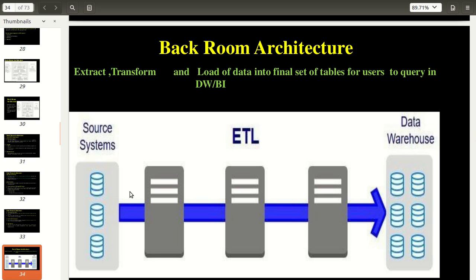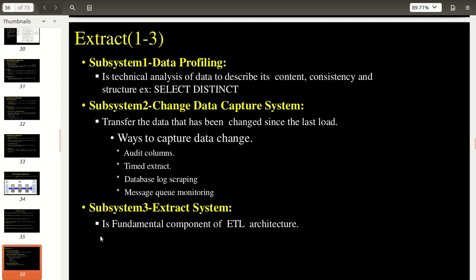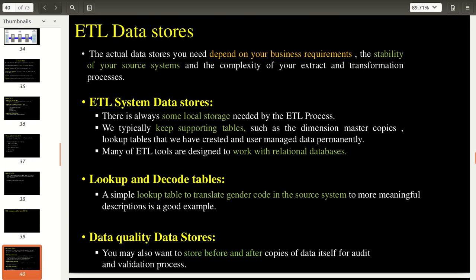This is the flow: source system data is processed and uploaded onto the data warehouse. The ETL system has four parts. The first part is extracting, second is cleaning and conforming, then delivering and managing. You will discuss those parts in detail in the next unit. So this is the overview of ETL systems.